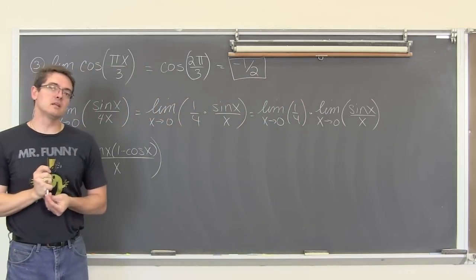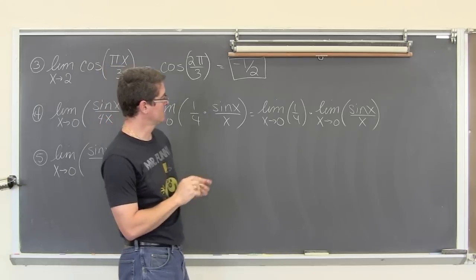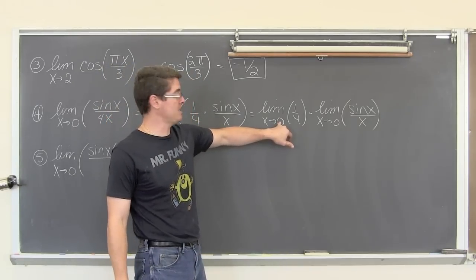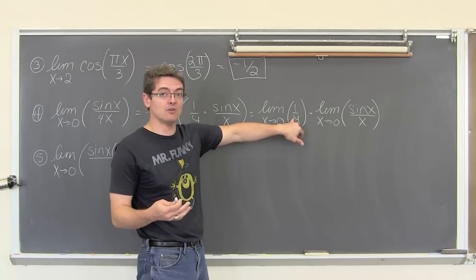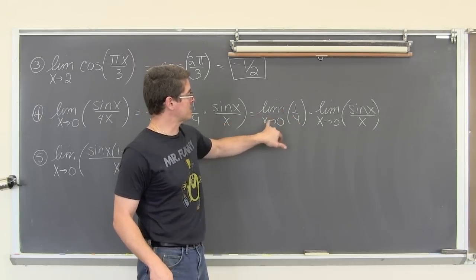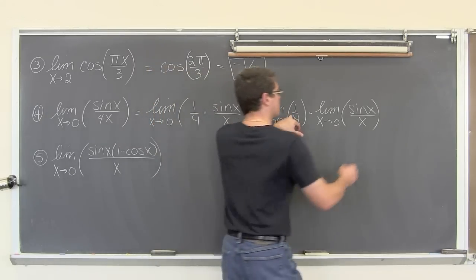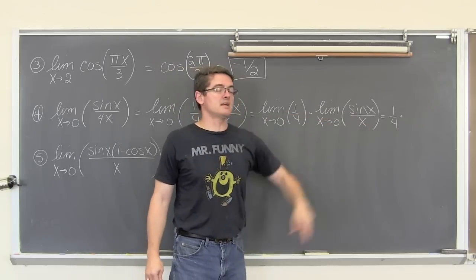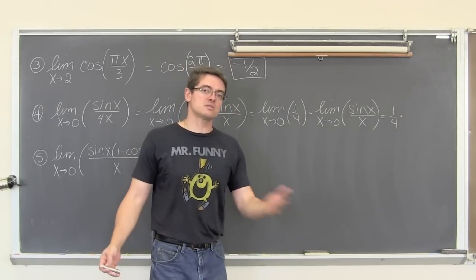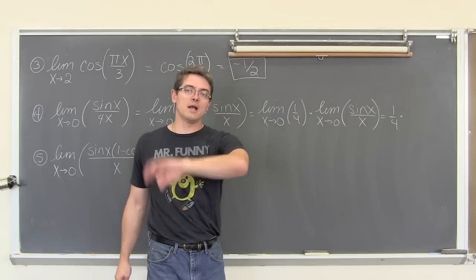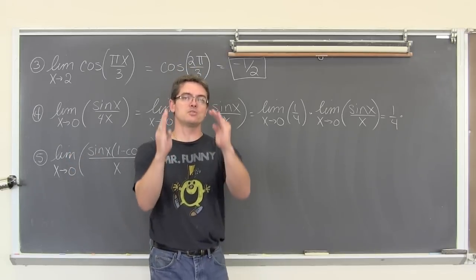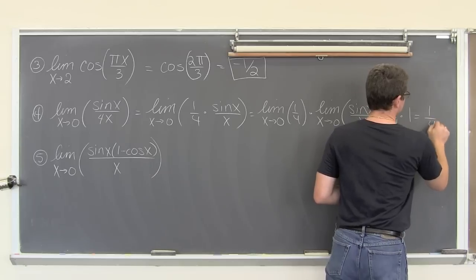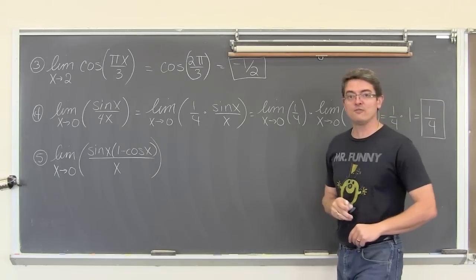When you take the limit of a constant, regardless of what the value of c is, the answer is going to be the constant itself. So the limit as x approaches 0 of 1/4 is 1/4. And the limit as x approaches 0 of sine of x over x, we just saw the graph where they had a hole at the y value of 1. It was approaching the value of 1 from both sides, so the limit here is equal to 1. And that final answer is 1/4.